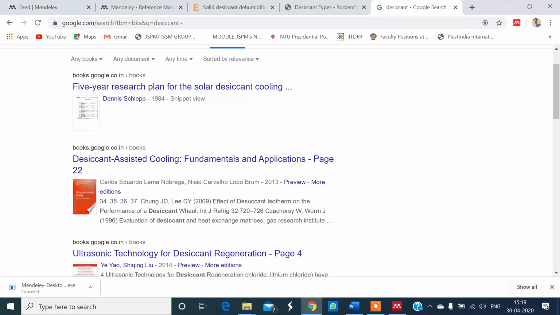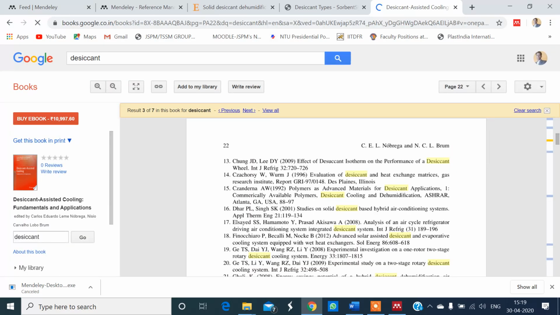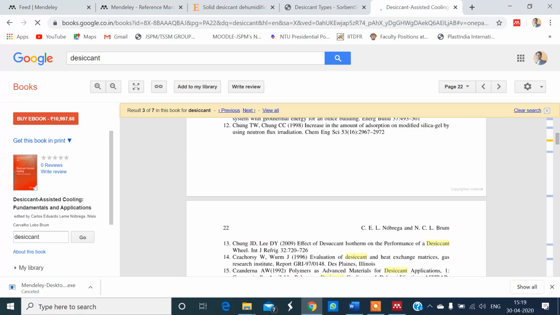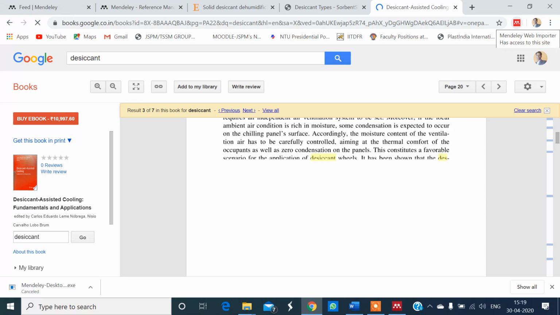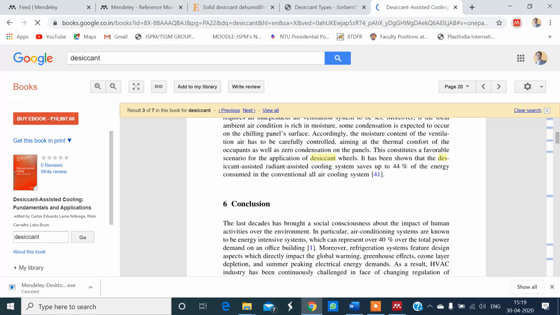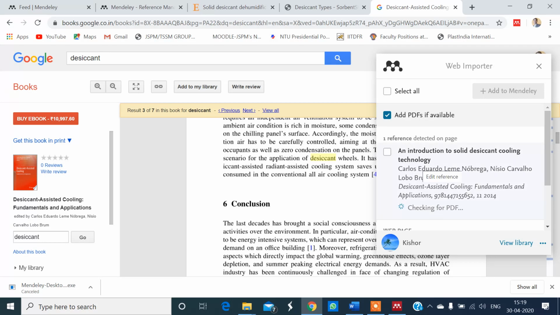On desiccant there are some books available in Google Books. Click on this book, then click on the Mendeley desktop icon add-on. There are some suggestions. Suppose you want to add this book, click on this book and then add to Mendeley.